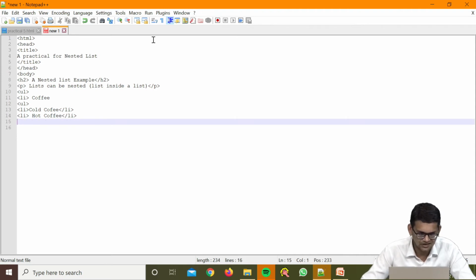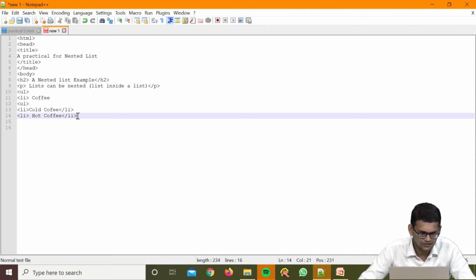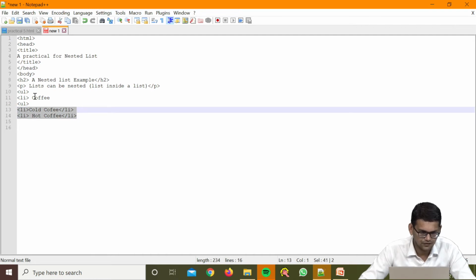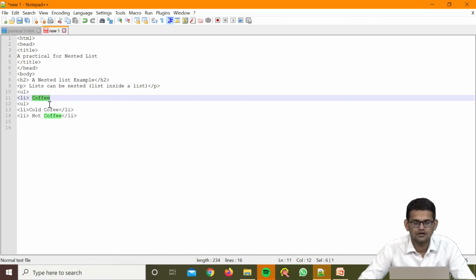So, this is the nested list within coffee, and it will appear inside the coffee tag.